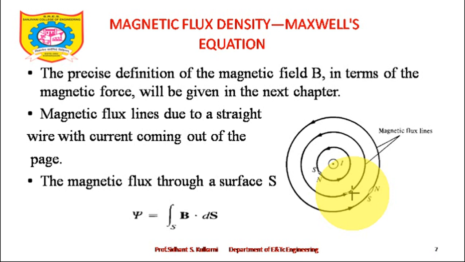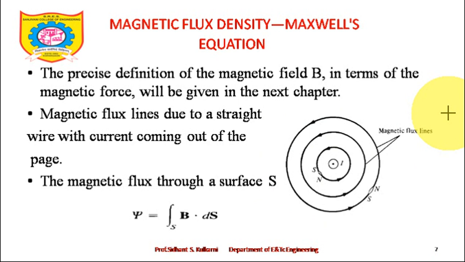So what does this indicate? Magnetic flux line due to a straight wire with the current coming out of the page. So the current direction is given by this circle with a dot. We already saw this concept in the Biot-Savart law. Circle with a dot means current or flux is coming outside, and the directions of these magnetic lines of force is nothing but B bar. So magnetic field intensity and magnetic flux density, how can they be related? If you hold your right hand on this figure with the thumb facing towards you, the curled fingers will indicate the direction of magnetic field. That thing we already discussed.